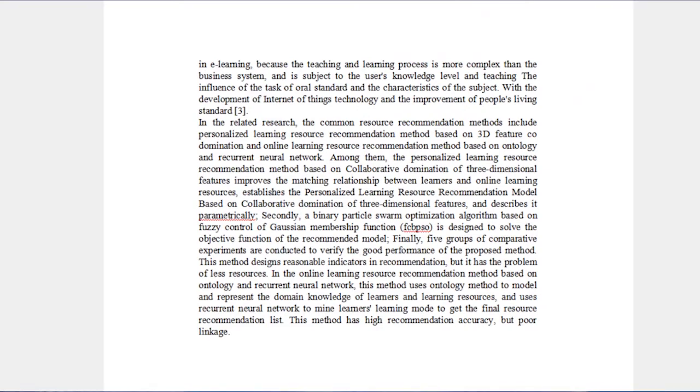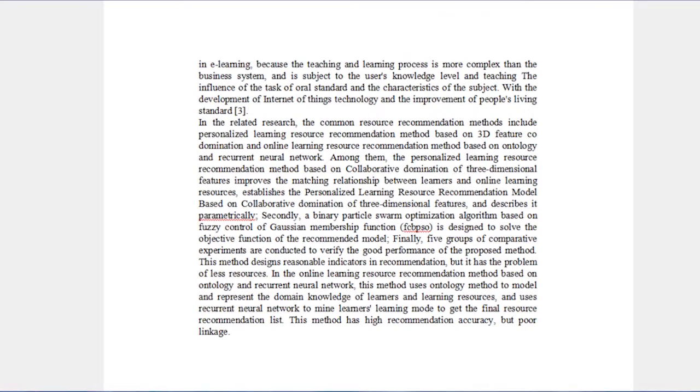With the development of Internet of Things technologies and the improvement of people's living standard. In the related research, the common resource recommendation methods include